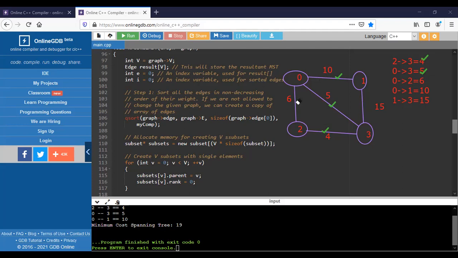If these edges are discarded, what happens here? Is it forming a spanning tree or not? Yes, it is forming a spanning tree. And what is the edge count? V minus 1. So what is the count of the vertices here? The vertex count is equal to 4 here. So the edges equal V minus 1, which is 4 minus 1, which is 3. So how many edges are there? We reached that point.